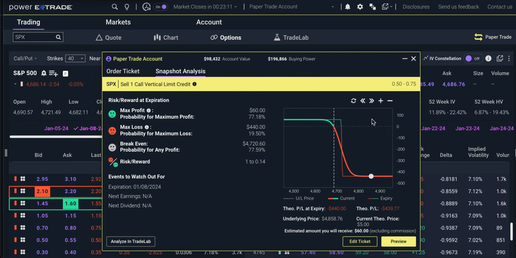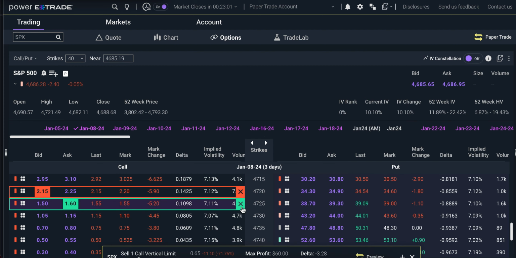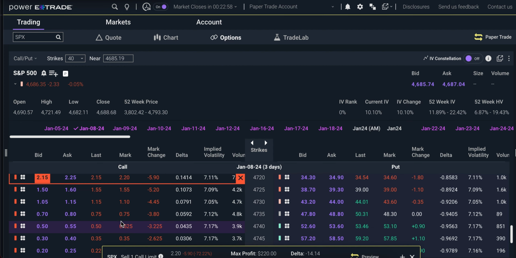Now, can it gap? Yes. Are these percentages always correct? Not always, especially when there's gapping in the market. So I wanted to show you that strategy, and I just want to go over one more thing before we end the video. If you go out wider,